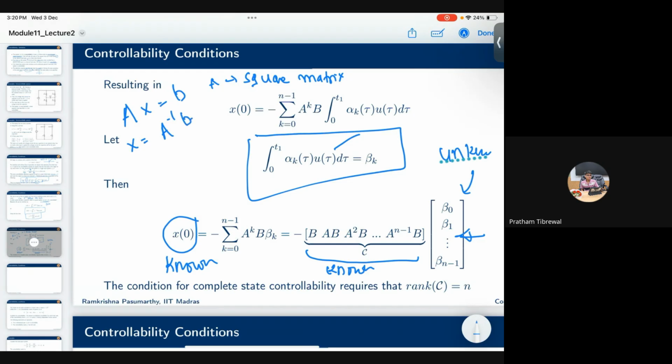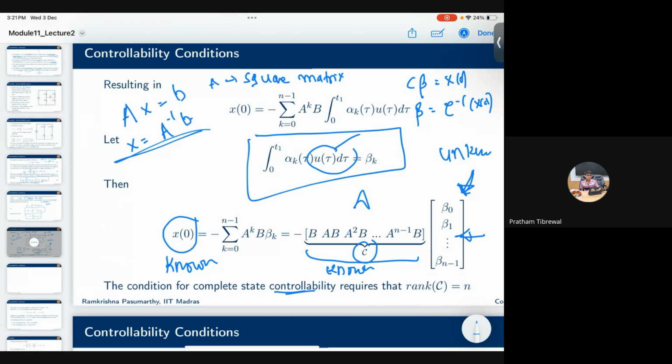Similarly, here I have something like that. So here this is my unknown. I can call this the system matrix A. Here it is a C matrix. Similarly, I have C times beta equal to x naught, as simple as Ax equal to b here. Now, where is the beta? Beta comes from the unknown control term, so this will simply be C inverse times x naught. This also means that the condition for complete state controllability, again this is a single input, single output case, requires that C is invertible,